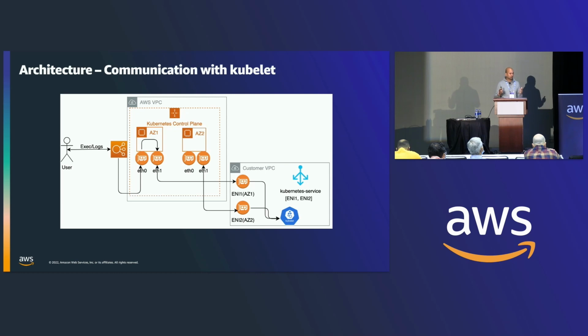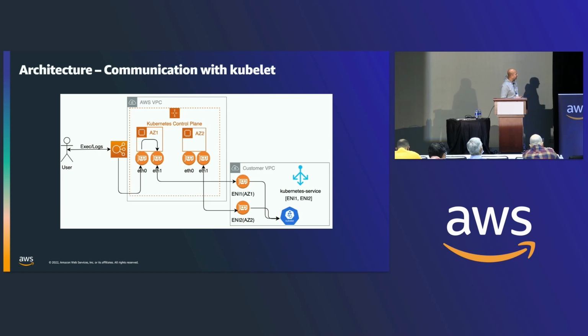When requests go through the Kubernetes service, they seem to be going to the customer account, but these ENIs are actually attached to the real Kubernetes control plane instances. So when you're hitting the endpoint to the ENI, you're actually getting into the Kubernetes control plane and getting the stuff done and getting the response back. The interesting fact here is the ETH1. The ENIs are attached to the secondary interface on the Kubernetes control plane. So traffic from NLB goes through ETH0, traffic from ENIs goes through the secondary interface called